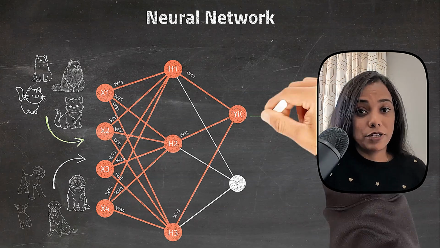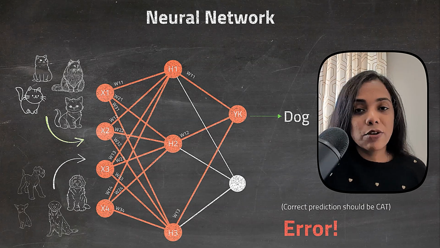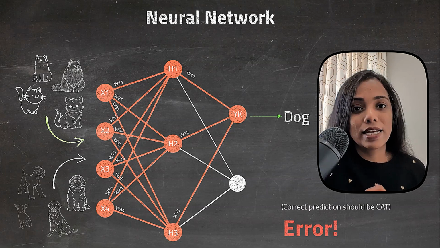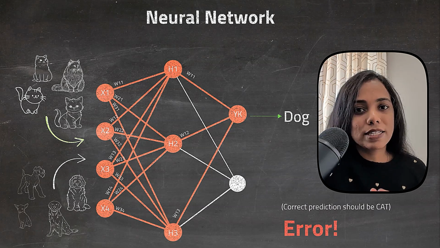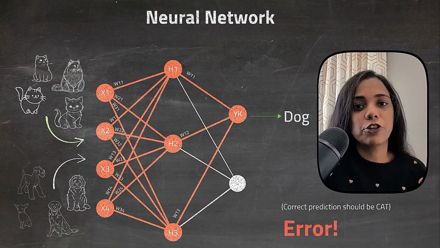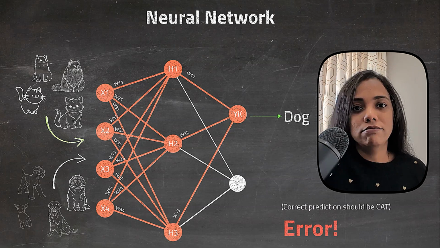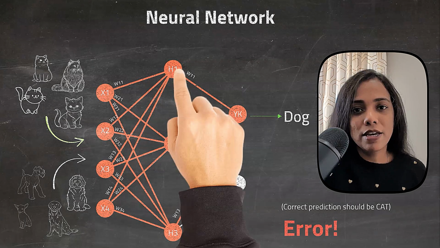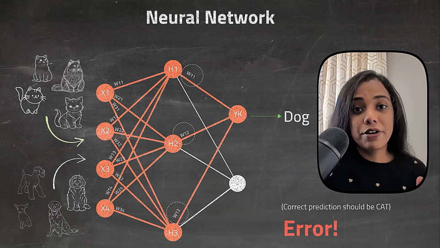So here's what happens after that. The network compares its guesses with the right labels, the correct answers, and it calculates how off it is. This is measured by something called a loss function. So it's essentially a measure of how many mistakes the neural network is making in making those predictions. Next step is to nudge the weights in such a way that the error decreases.